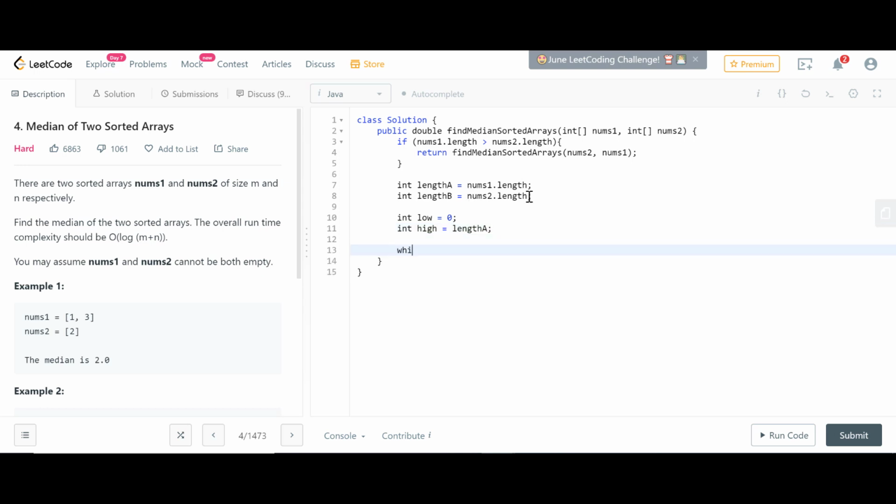And then we can actually start the search, or we're going to iteratively partition until we find the location where the median is. Essentially, we're going to have a condition where low is less than or equal to high, and once we're in here, we have to start by partitioning, finding a partition for